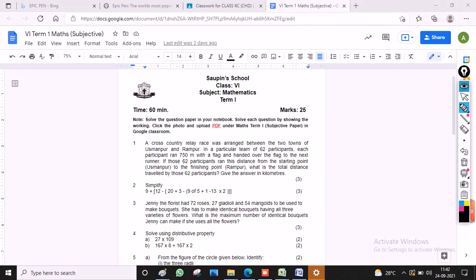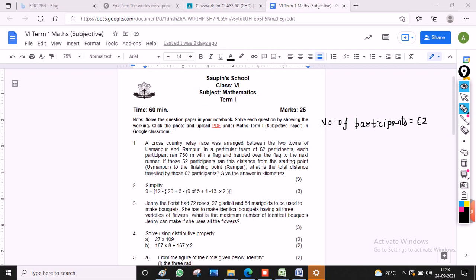In the first question, we had a cross country relay race arranged between the two towns. In a particular team of 62 participants, each participant ran 750 meters. So we have to tell what is the total distance traveled by those 62 participants. So we will write number of participants was 62